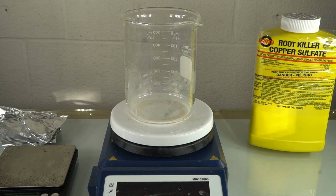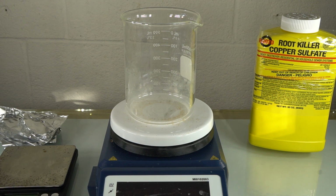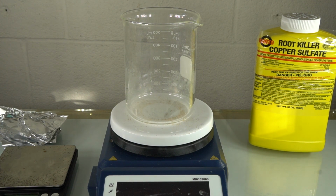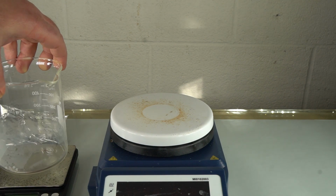Aluminum foil is a really interesting material. It's an alloy, a metal mixture made of 98.5% aluminum, 1% iron, and 0.5% silicon. At least that's for the Reynolds Wrap that I used. So in this experiment, we're going to use 400 milliliters of distilled water, 50 grams of copper sulfate, and 4 grams of aluminum foil. So first thing I'm going to do is weigh out